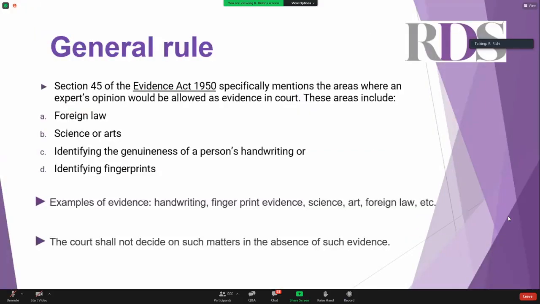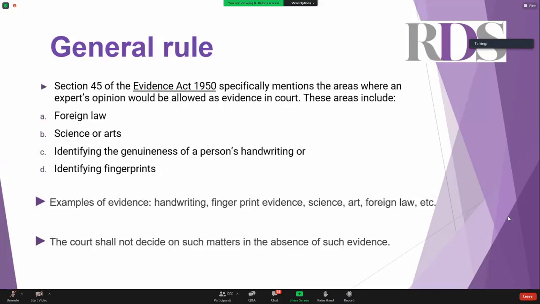What is the premise of having expert evidence put before the court? Just very briefly, this is, of course, to give background to the position of the law. The position of the law generally in relation to opinion evidence is that it is not admissible. So we need to know that to start to understand why there is an exception when it comes to